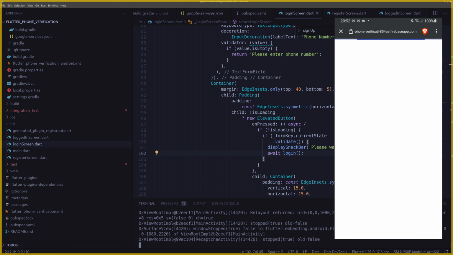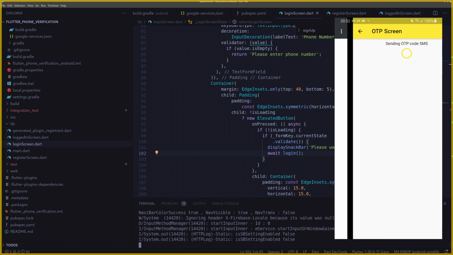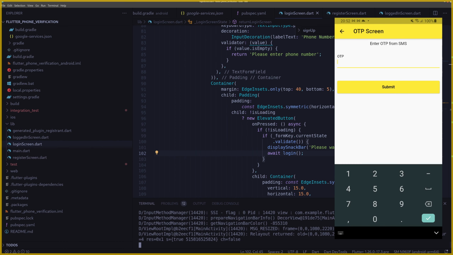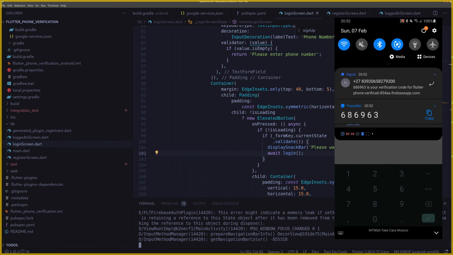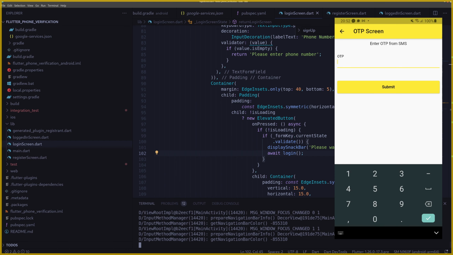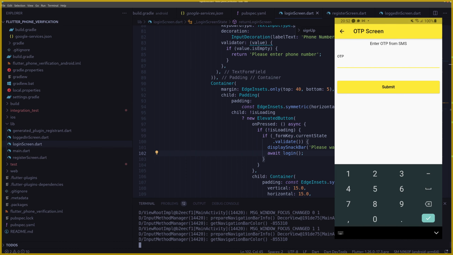I don't know if they have unblocked me yet. We'll see now. And we should receive an SMS code here. Yeah, there you can see they have already unblocked me. So I've just received that SMS code here, and I can just copy that. So that is 686963,